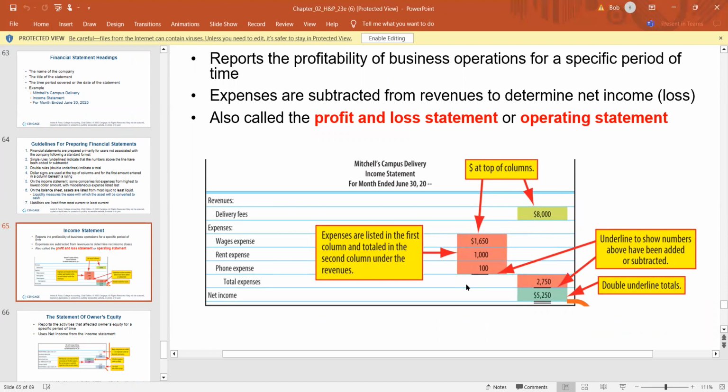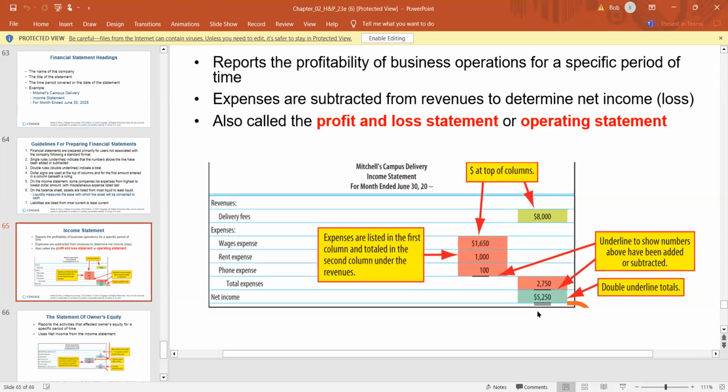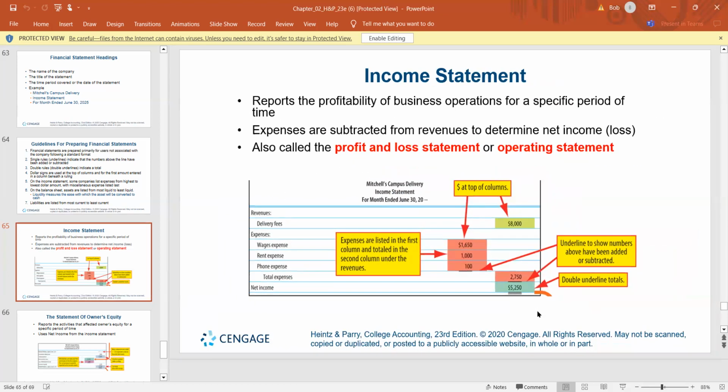So this business earned a profit of $5,250. How about that? That's a pretty darn good return on your money. That's like 70%. So Mitch did a good thing by opening the business. He took a risk, and the risk paid off. If he put the $5,000 in the bank for a year, you're lucky to walk out with $50 more at the end of the year with these low interest rates.